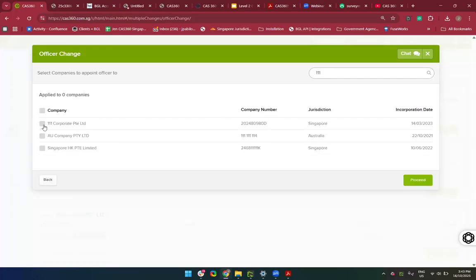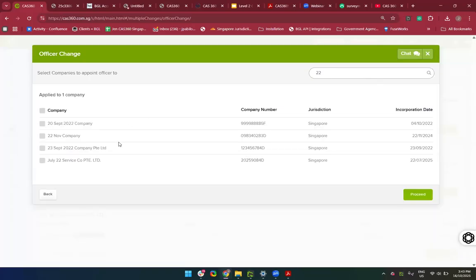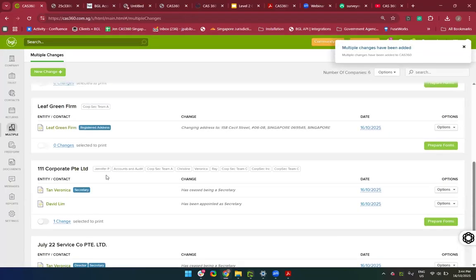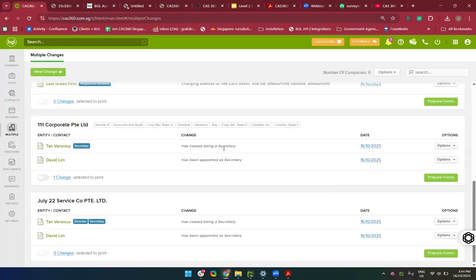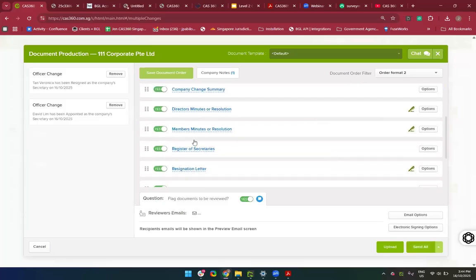On 22nd July. Click proceed. So you can now see that I've resigned Veronica Tan as a secretary, and I have appointed a new one. What I'm doing here is an example of what we call combined resolutions. If I click prepare forms, you can see that in my director minutes and resolution,